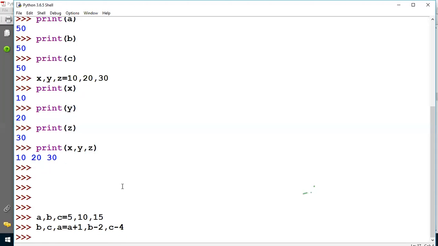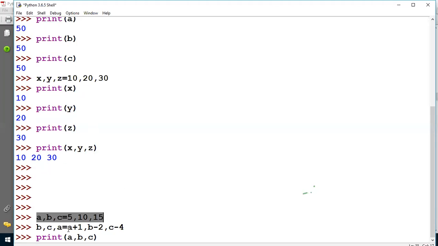Press enter. Print a comma b comma c. See here, what is the value of a in this line? 5, b is 10, and c is 15, very good.